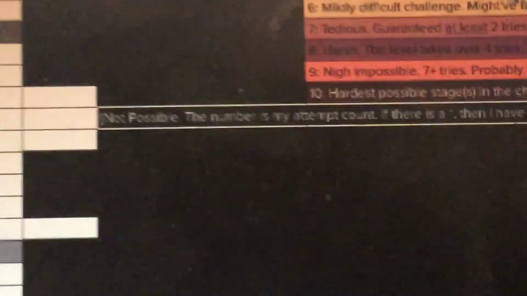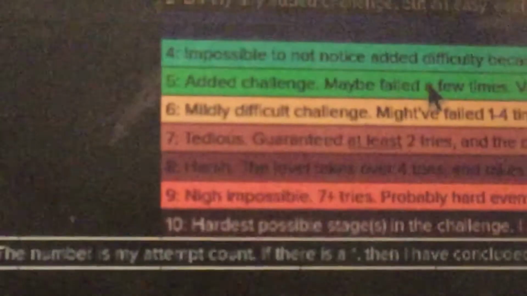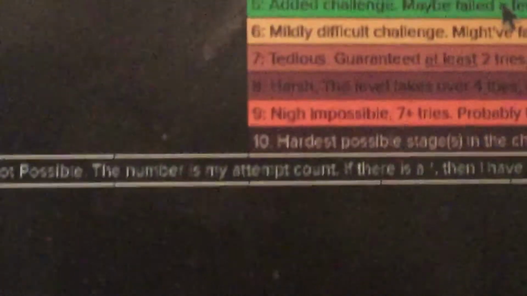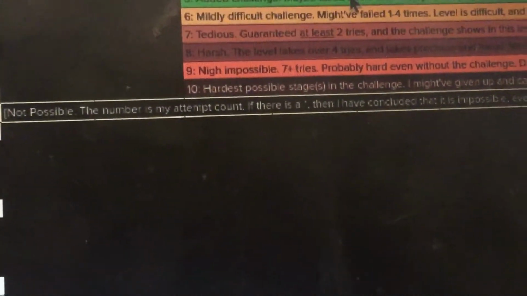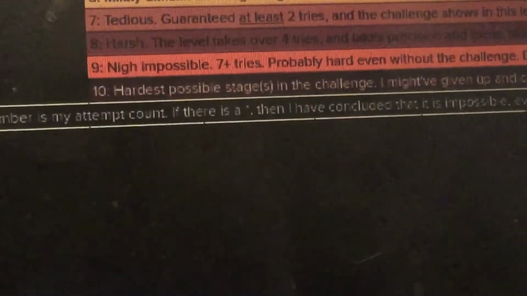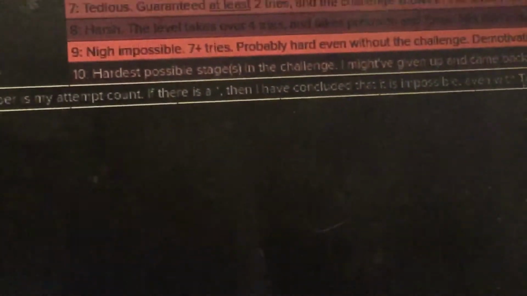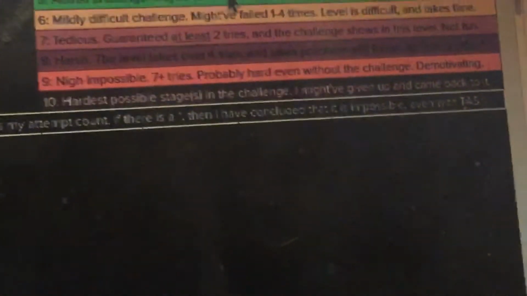And then there's one more. It's not possible. The number is my attempt count. So instead of having a difficulty rating here, we're going to have just a number. That's how many attempts I've taken at it. If there's an asterisk at the end of the number, or at the start, I haven't decided yet, then I've